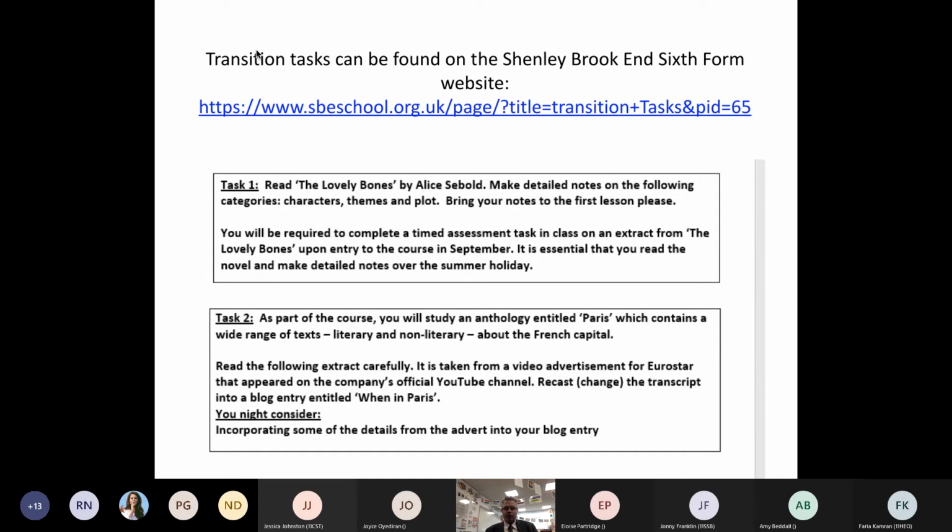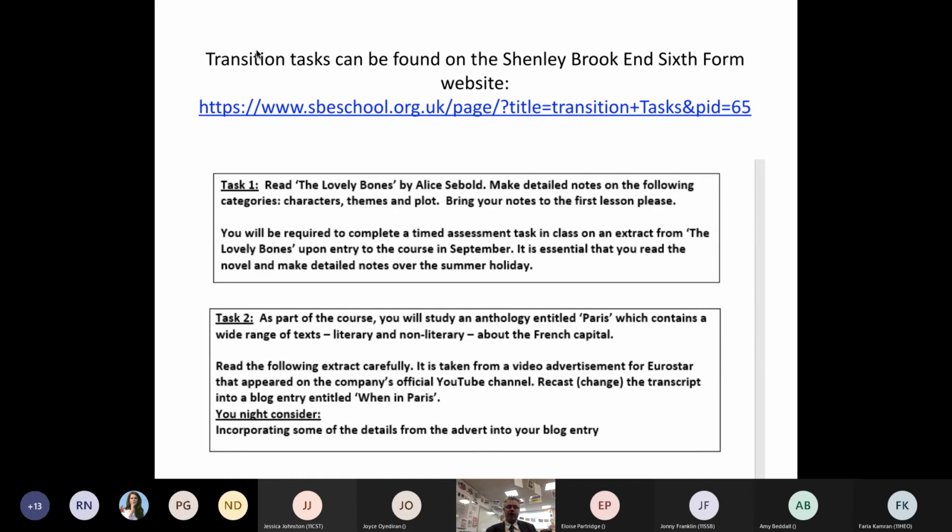Okay, so The Lovely Bones by Alice Sebold. You need to get yourself a copy and to read it. Now, you can get a copy from any bookshop, from Amazon. You can go online, get a used copy, but you do need a copy because if it's your own one, you can write in it and make your own notes in it. When you do it in the exam, we will provide you with a blank one for the exam, but it's best if you get your own. So I'm sorry you've got to fork out a few pennies, but we think it's best if you have your own one because then you can start to make notes.